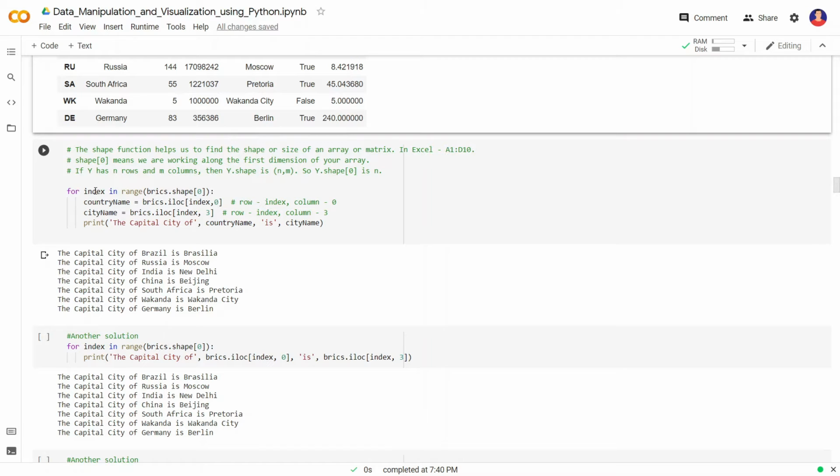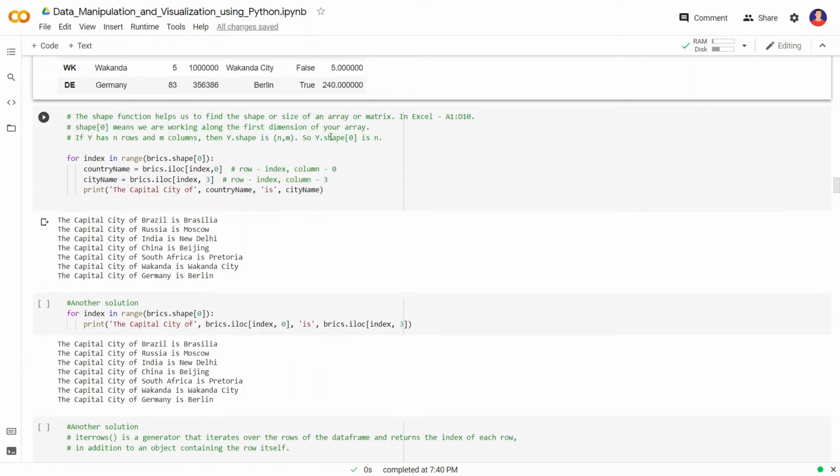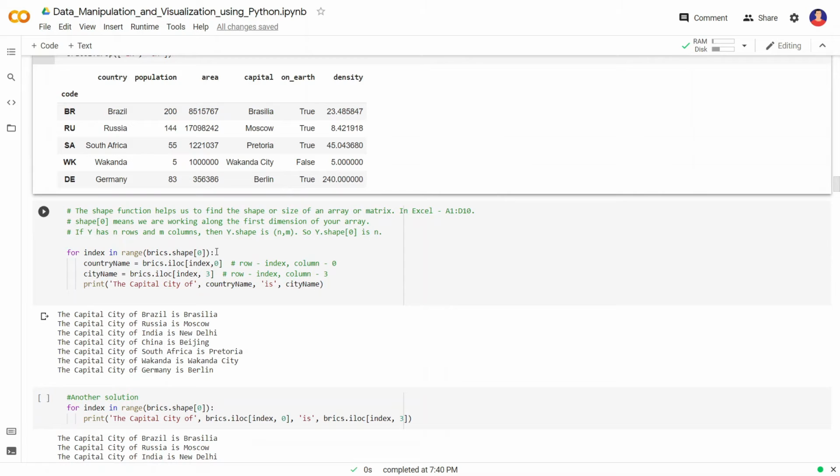So what we are doing here, we are declaring a for loop, for index in range bricks.shape[0], that is the bricks data frame.